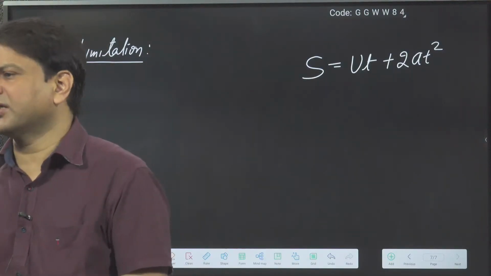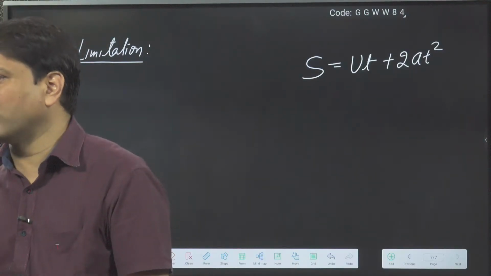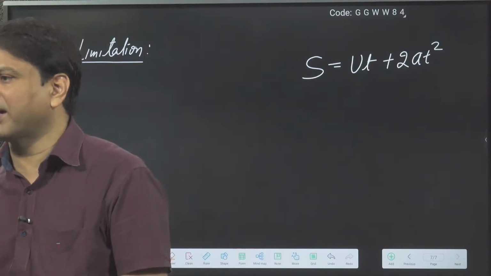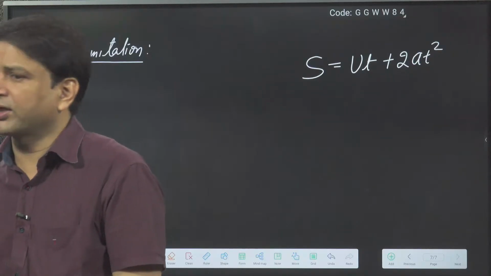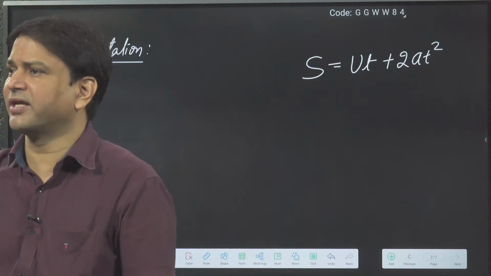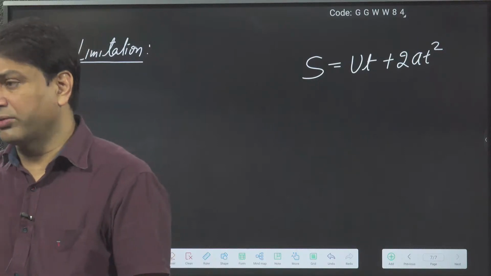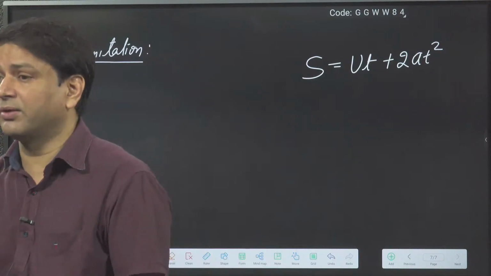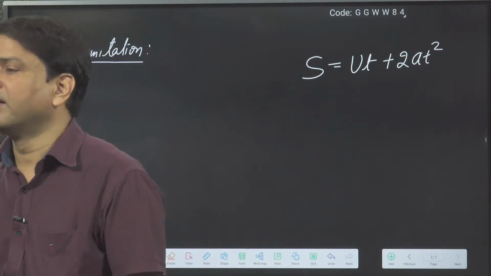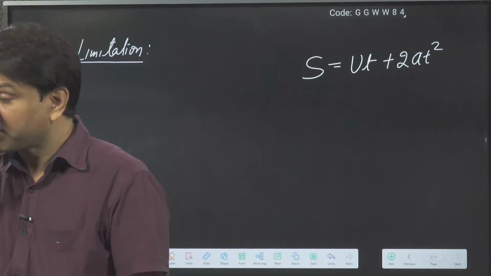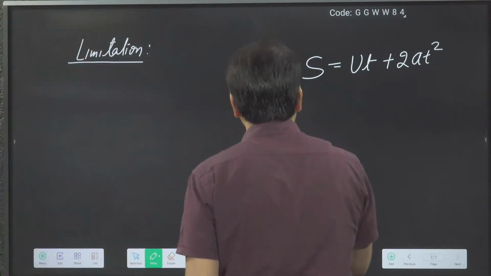So one limitation is what? We cannot verify the constant by the dimensional analysis. We cannot verify what the constant is here. 3 is there, half is there, 2 is there. We cannot verify. So constants cannot be verified by using this. That is one limitation of this. Okay. Everybody got it? Second thing, suppose I am saying